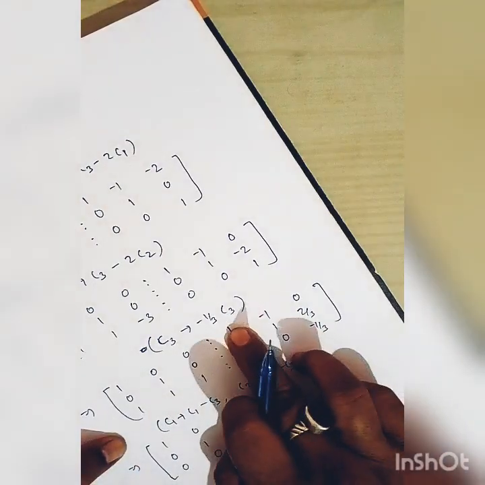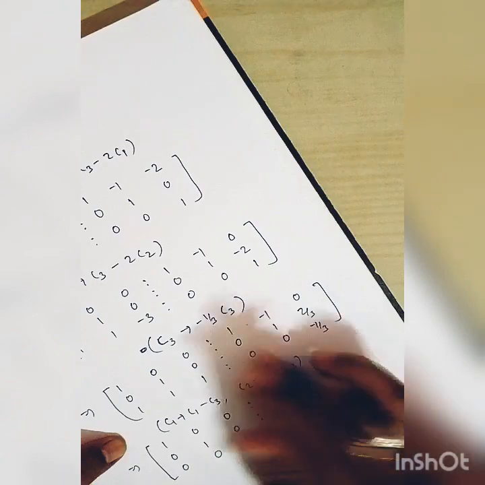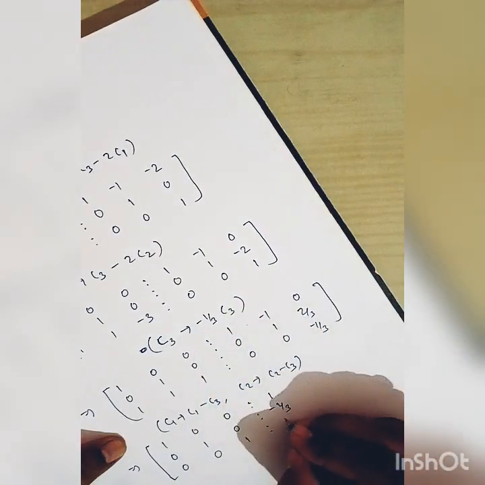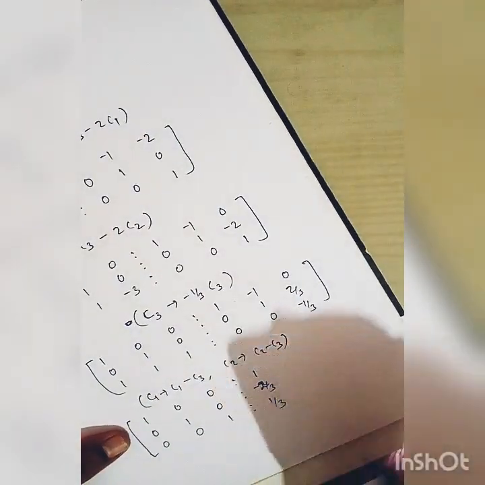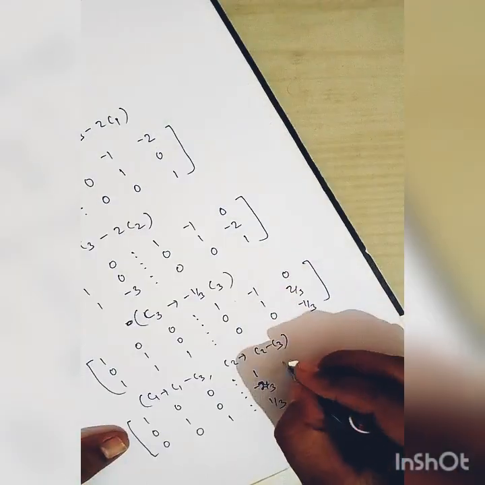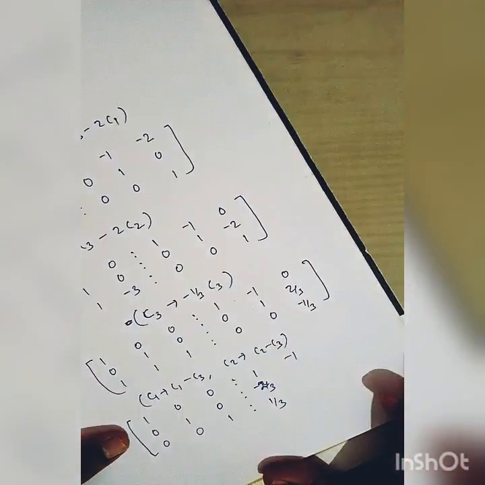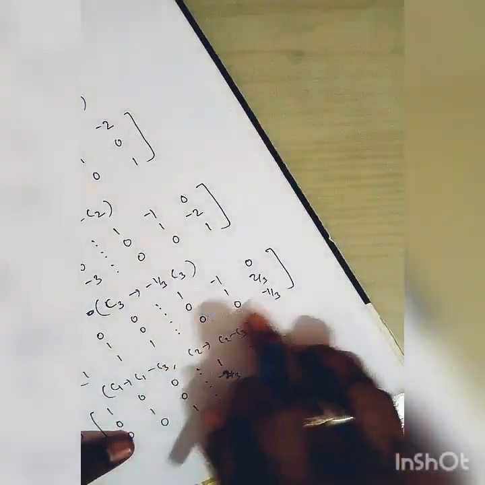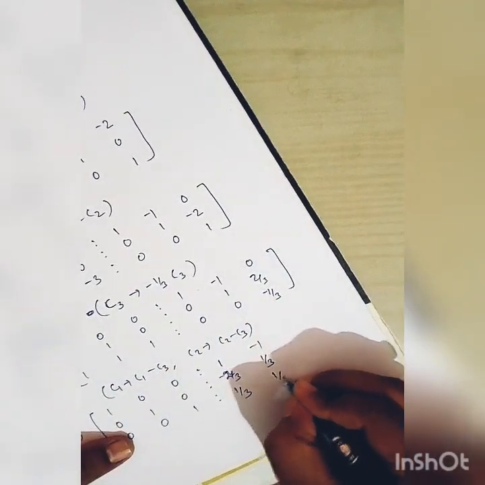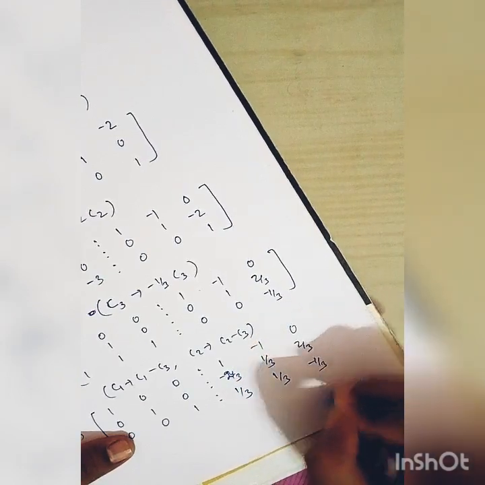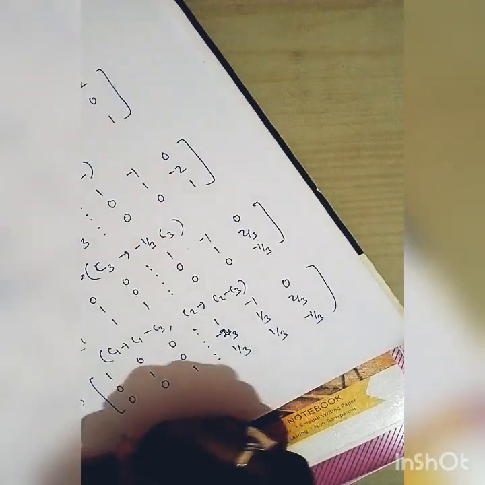Column 1 minus column 3: 1 minus 0 is 1, 0 minus 2 by 3 is minus 2 by 3, 0 minus minus 1 by 3 is plus 1 by 3, so it is minus 2 by 3... Again column 2 minus column 3: minus 1 minus 0 is minus 1, 1 minus 2 by 3 is 1 by 3, 0 minus minus 1 by 3 is plus 1 by 3. Column 3 is 0, 2 by 3, minus 1 by 3. That is I equals